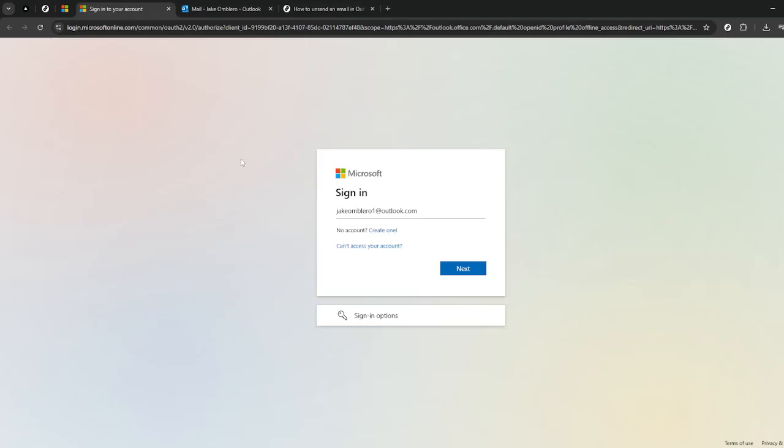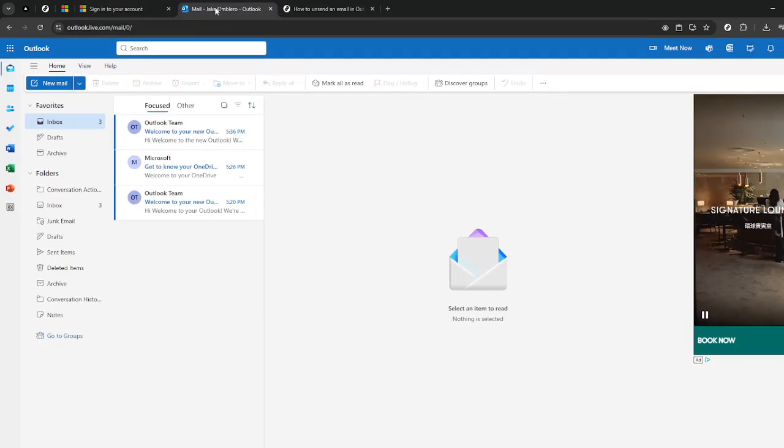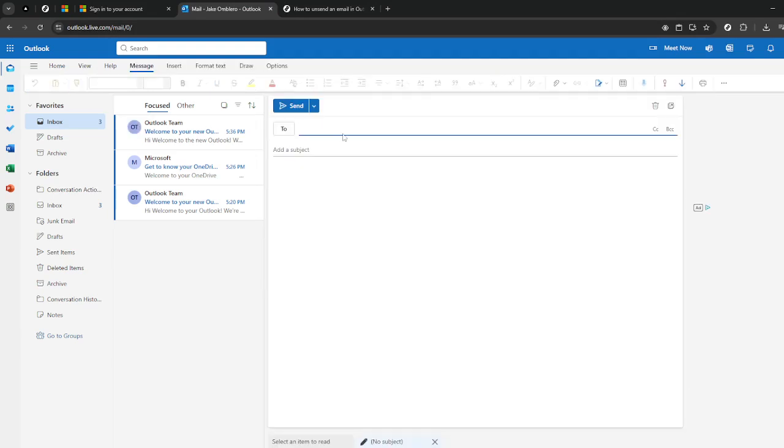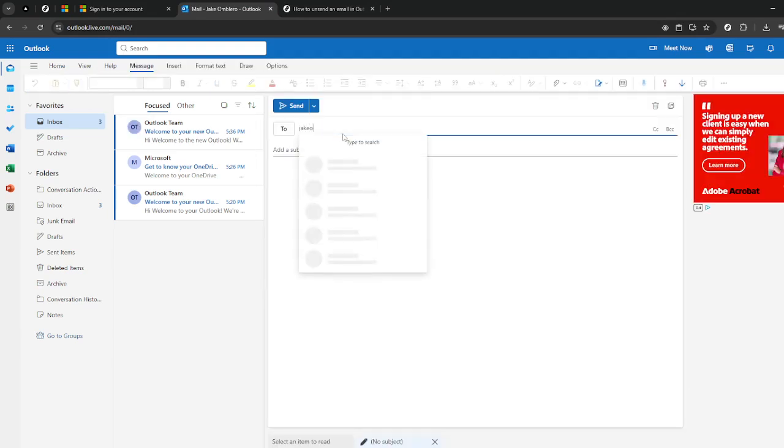Now, direct your attention to the top right corner of the page. Here, you'll see either your current profile picture or your initials in a circular icon. Click this icon and a drop-down menu will appear. From this menu, select the option that says My Account, or it may simply show a larger version of your